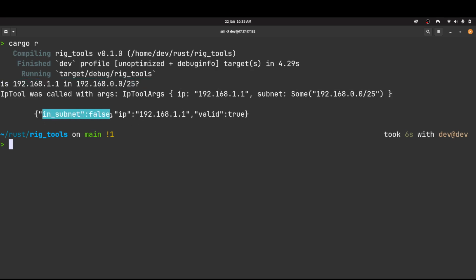I just happen to have done Cisco CCNA, CCNP. So that is not in 1.1. So that will not go into that /25 subnet, because you'd be having a mask of 255.255.255.128. So in subnet is false, valid equals true. So all of that came from,